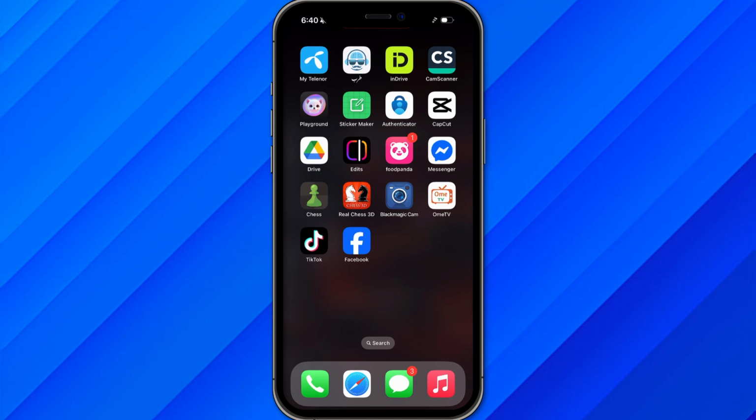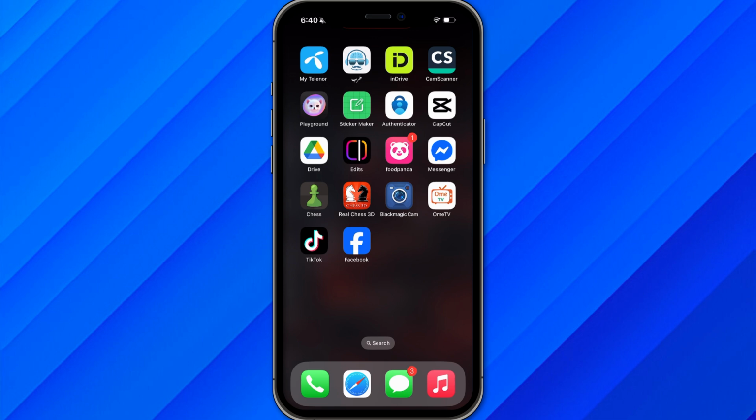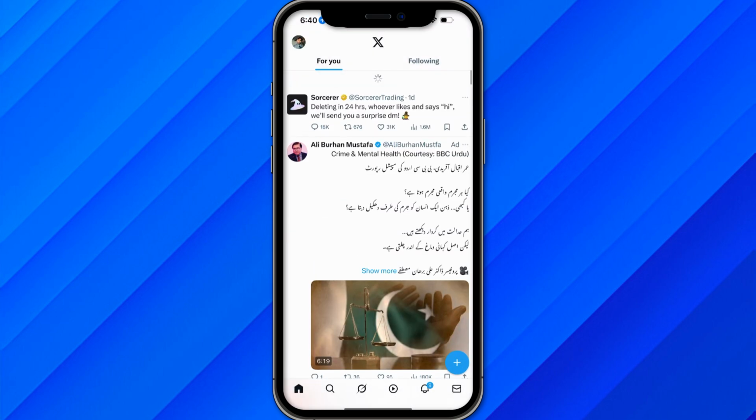Hi guys, in this video I'll show you how to delete all your tweets on the X platform or the Twitter platform. So how can you delete it? First of all, open the X or Twitter application inside your mobile phone, and once you open that, let me